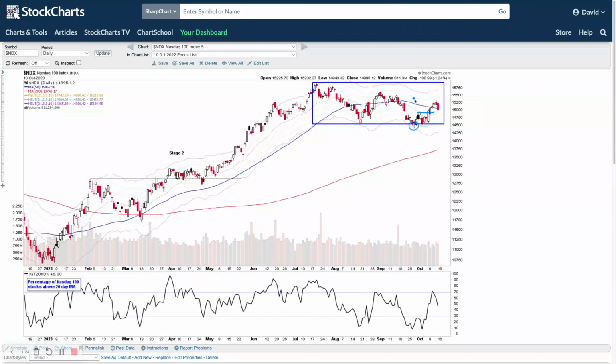So at the moment, we've got a little bit of a double bottom pattern going on in here. It's still in a very neutral position at the 21-day moving average and the 50-day moving average in there. So looking for a break above Thursday's pivot, which would take it back above the plus 180R level, obviously back into a short-term uptrend if that was the case. But if it does roll over here at the 50-day moving average and can't get back above that, then obviously a 200-day moving average test would definitely be on the cards at that